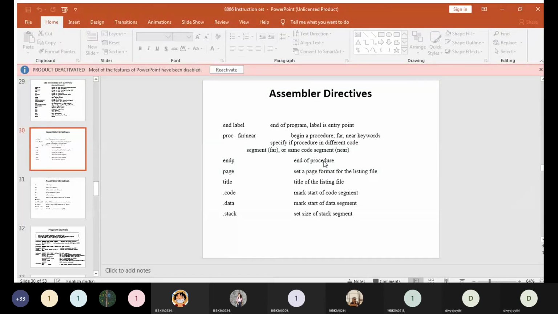Once that instruction is executed, the processor comes to know that code will be stored in the code segment, and the data on which we are performing our operation will be stored in the data segment, and any other information or intermediate result of the program can be stored in the extra segment. So before we start programming, we need to give some directions to the processor through assembler directives. These are all the assembler directives that we have. So with this, I hope you have some clarity over what assembler directives are.